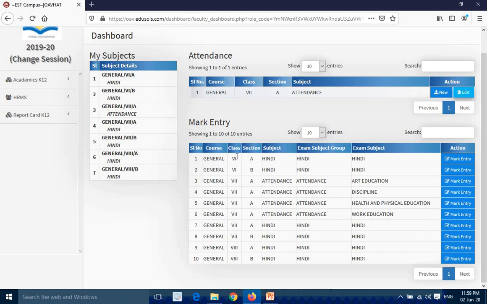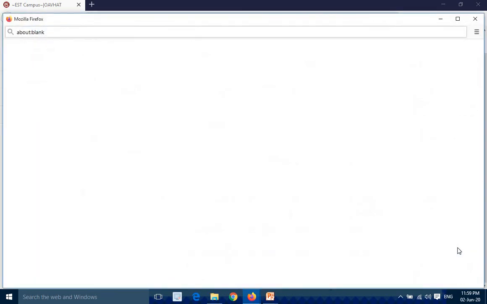That's why here you can find the class with sections 6A, 6B, 7A, 7B and 8A, 8B like this, and here you can find the mark entry. Suppose you want to enter the marks for class 8, section A. Here you can find the mark entry button. So click on the mark entry button.